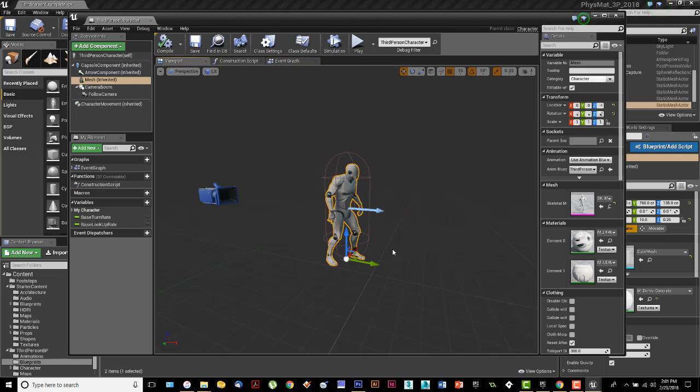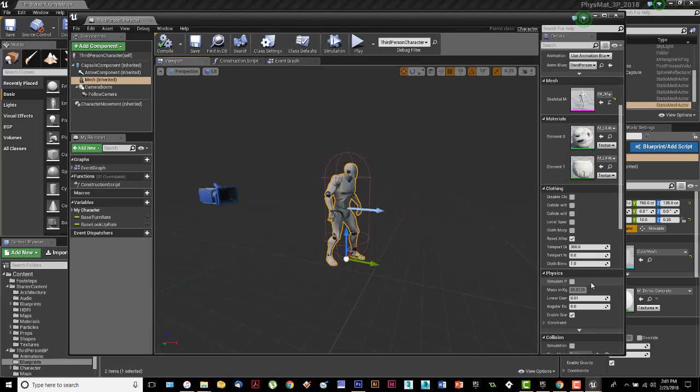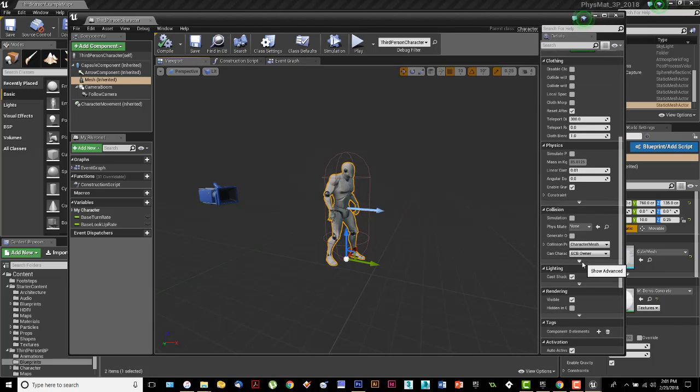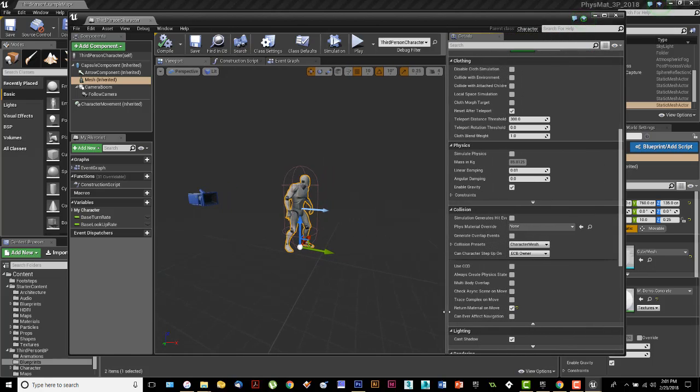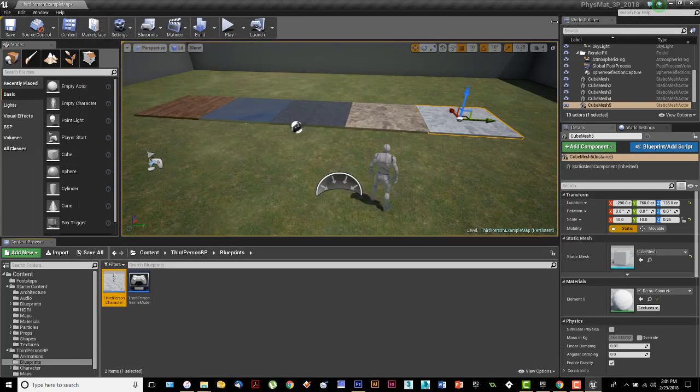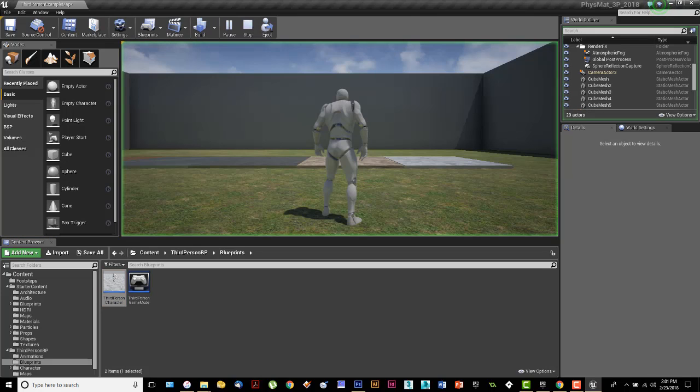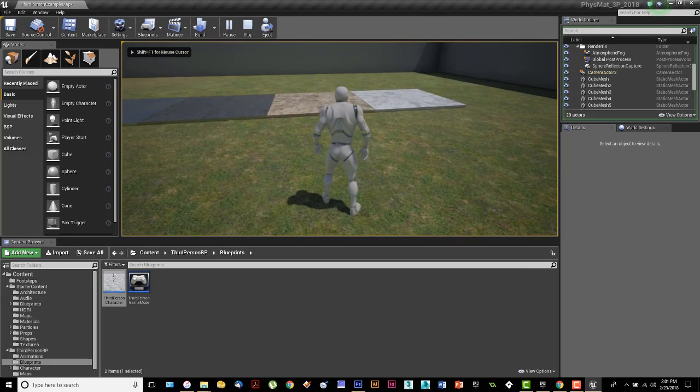You want the yellow outline around the character, and then you're going to scroll down in here until you see collision, and then you're going to open it up further and make sure it says that the material, if you come in contact with the material, something is going to happen when you're moving. You want to make sure that's all done. If that's the case, then theoretically at this point, if I go into play,